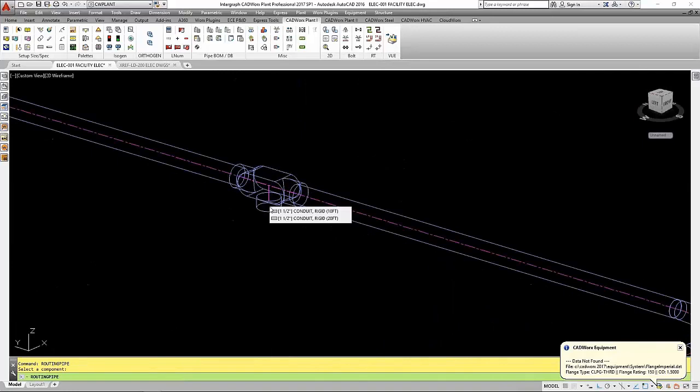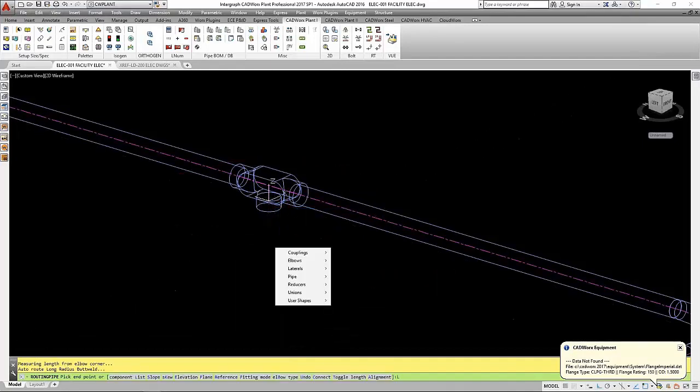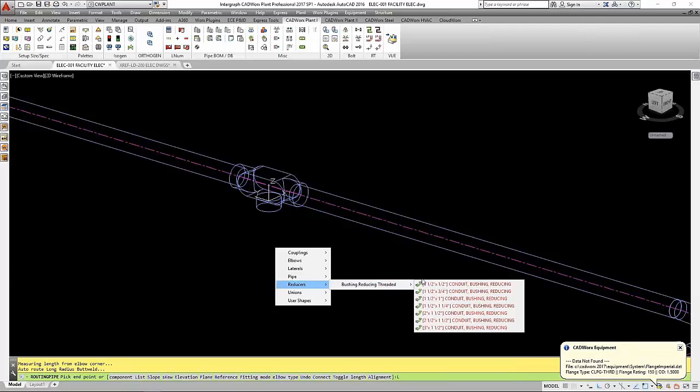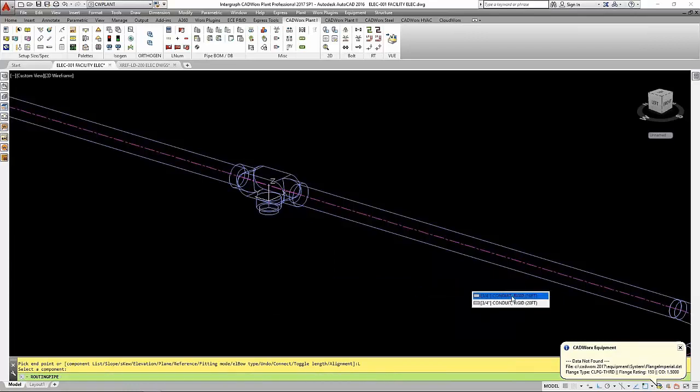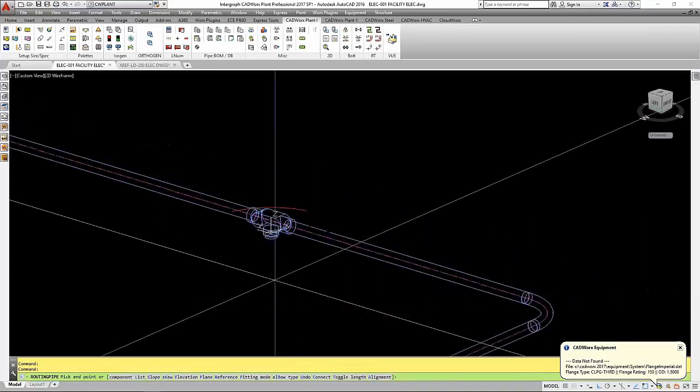Now if I want to come off of this 1.5 inch body, but I want to come off reduced, what do I do? Well, one of the things I can do is start the route and put, not a coupling in here, but a reducer. And what's this? This is going to be a bushing, right? So in my electrical world, I'm coming off 1.5 inches. There's all my bushings. And we call them conduit bushings. Why not? So I'm going to pick a 3/4 inch here